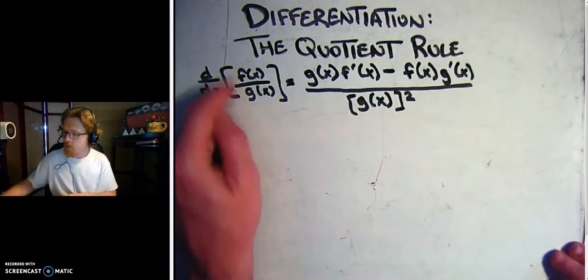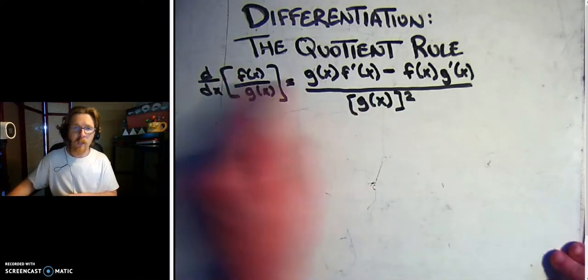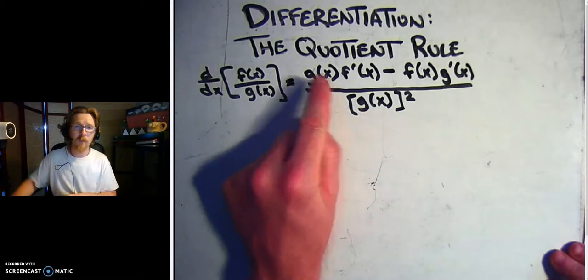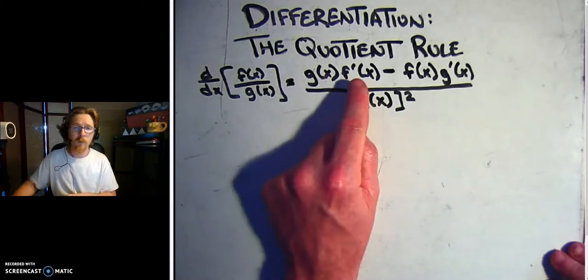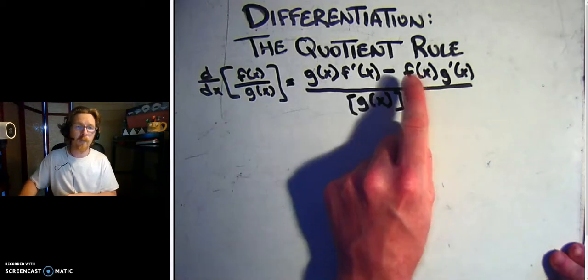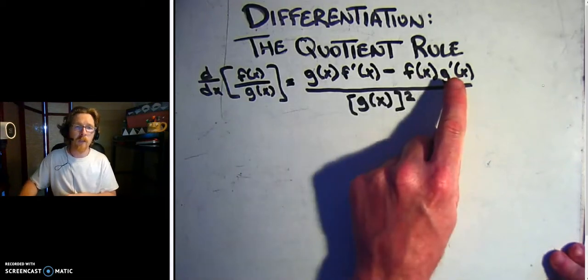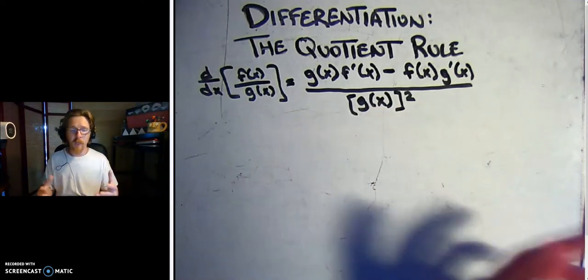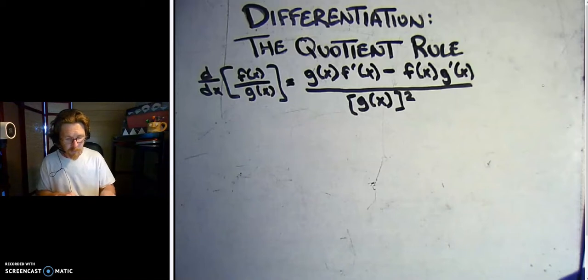You have a numerator and you have a denominator. So it is the function of the denominator times the derivative of the numerator minus the numerator times the derivative of the denominator, all divided by the denominator squared. And so this is kind of a format that we're going to use to find the derivative of a given